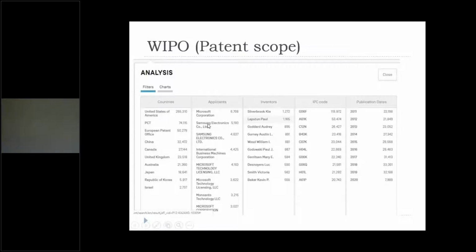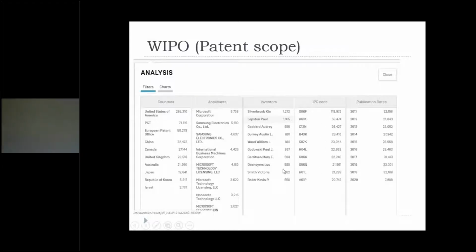Nothing more than that. Then, if you want to look at only the applicant, like Microsoft Corporation, you just click on the Microsoft Corporation. You could see all these 6,708 patents. As I described yesterday, the IPC code, since you have already given the keyword, pops up here. It all belongs to the keyword which I have given for pen invention, right?